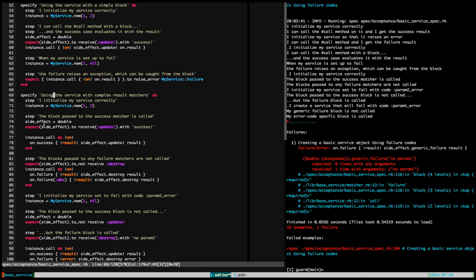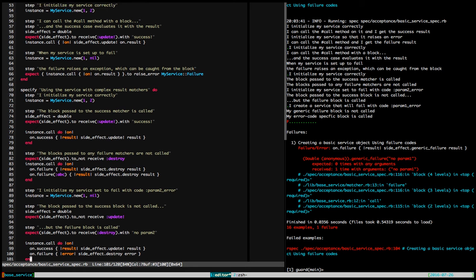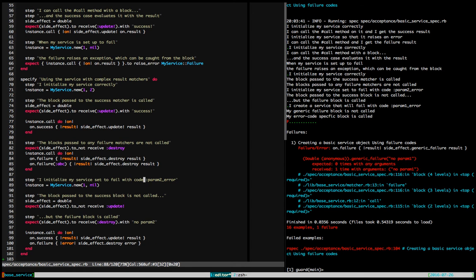So that's the preferred way of doing things. Once again, I create a double, and I expect that it receives this message. So when I call the success, the on here is actually what I'm calling a matcher, and when I call the success method on the matcher and pass in the block, that's the block that I intend to be run. We make some assertions on the failure cases, and finally,